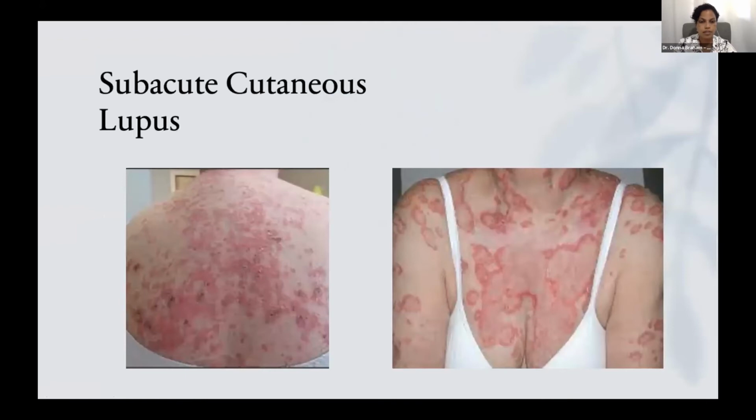And it usually has a much more insidious onset. Subacute cutaneous lupus, however, tends to present as scaly papules that can then enlarge to form very annular polycyclic plaques with peripheral scaling, and you may even end up with some blisters towards the periphery of these lesions. It tends to occur on the torso of the patient, the upper torso, sun-exposed areas, upper arms. That's where it tends to be involved with these patients.